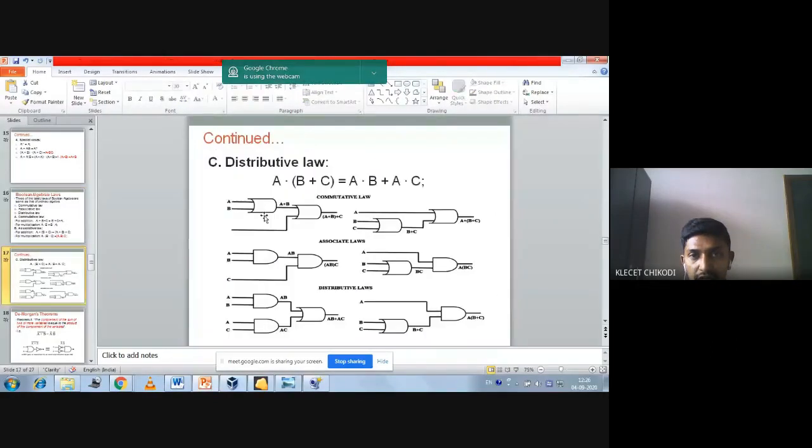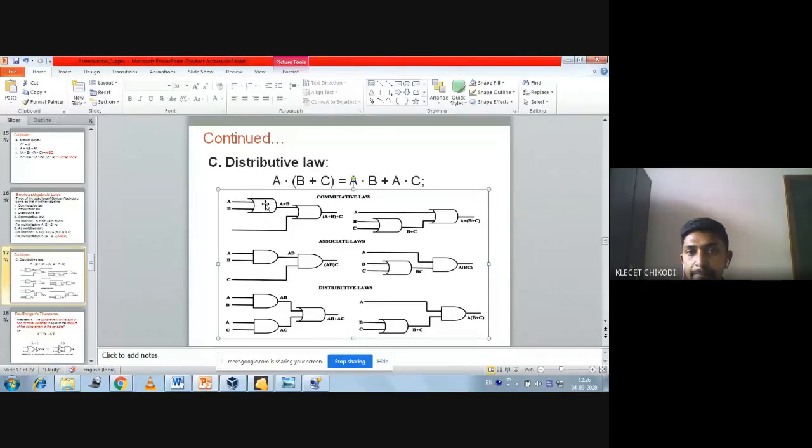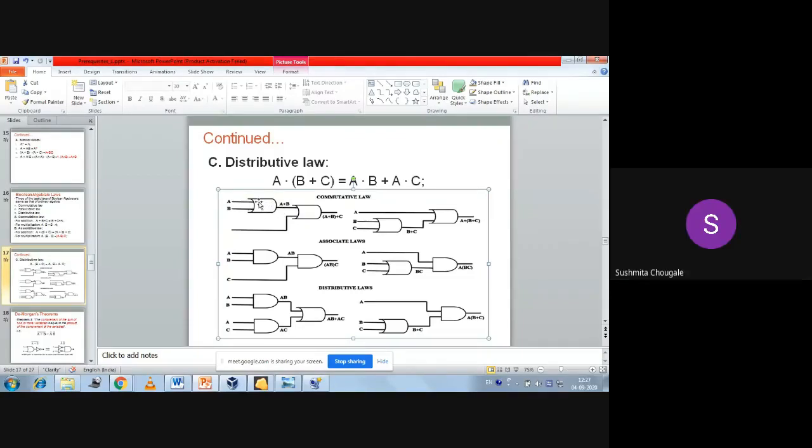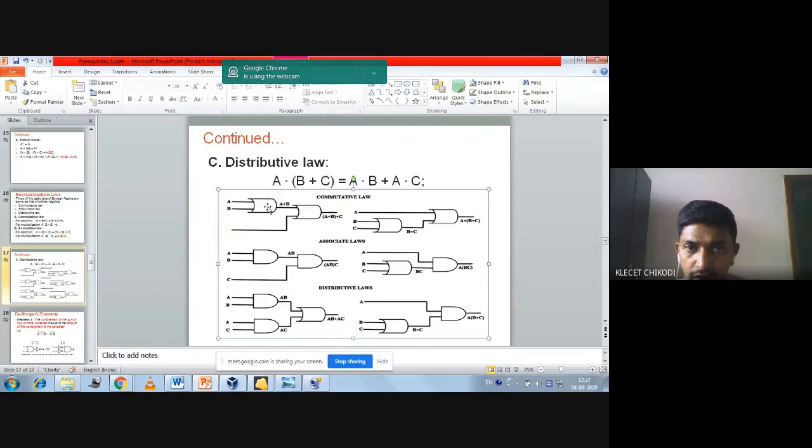Like what they have taken here, you can see the first part. Which gate is this representing? If you see the output here, A plus B. For which gate do you get the plus output, A plus B? OR gate. Good. For the OR gate, we get the A plus B output. So these two are OR gates here. For one OR gate, we are giving A and B as the inputs. That is A plus B we are getting there.